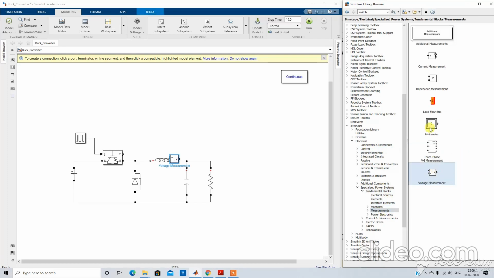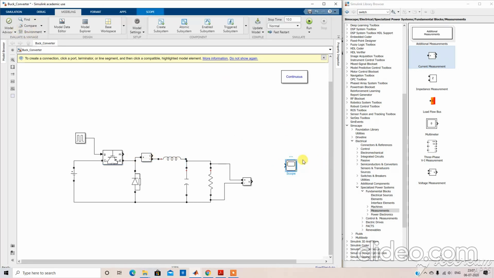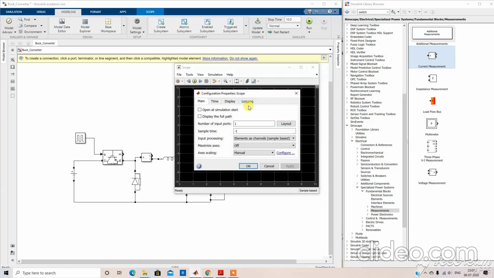We will add this voltmeter, and a current meter. We will keep one scope and select the number of inputs.